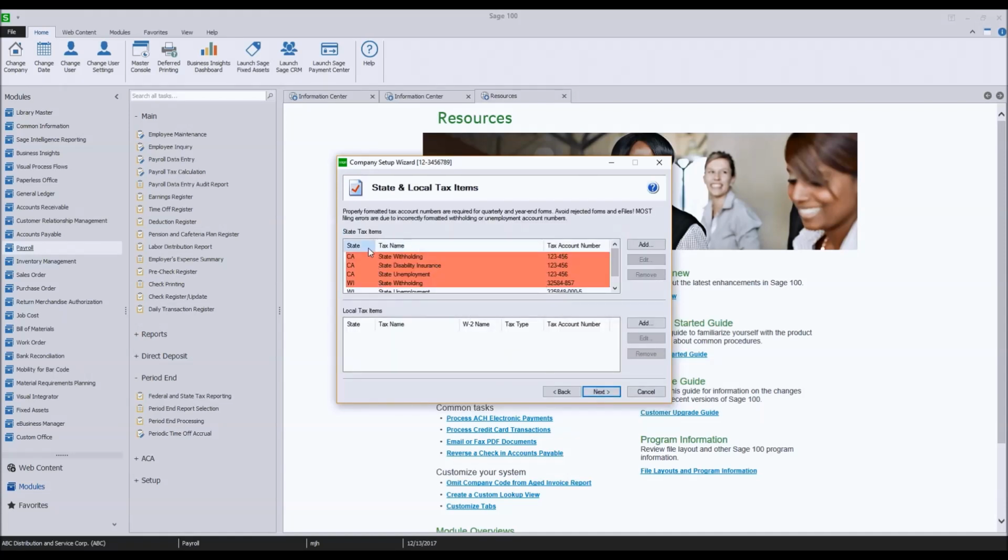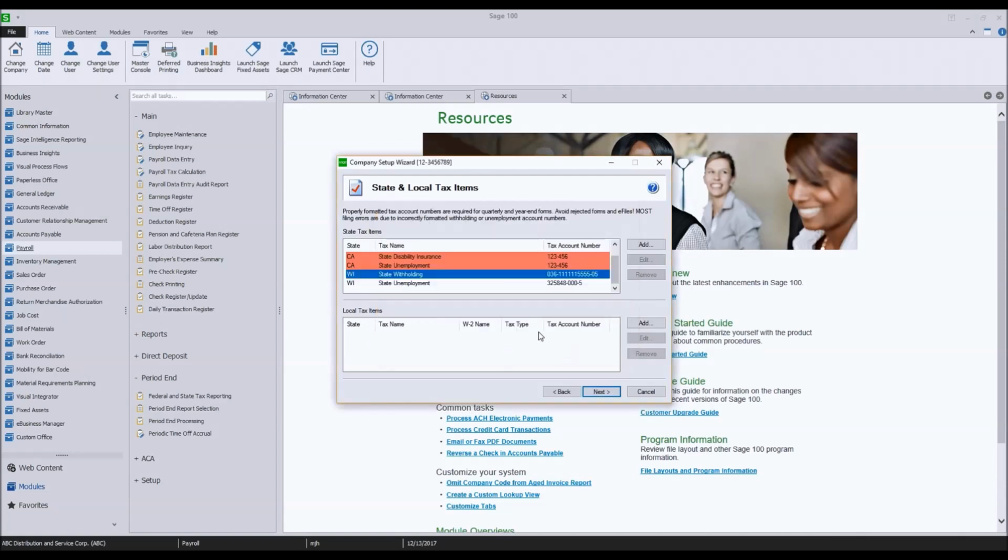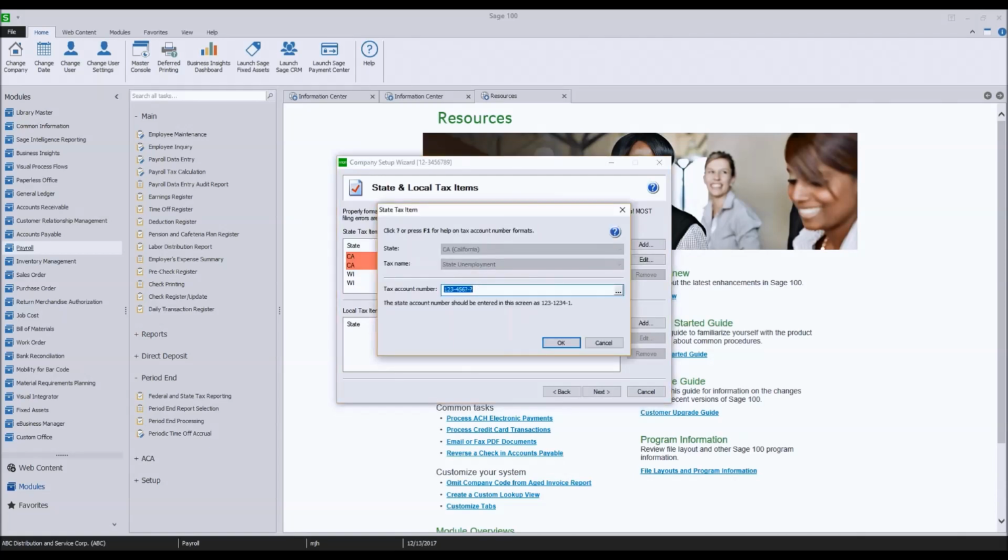It is going to prompt us for specific localities, depending on what types of tax withholdings we've got set up for our state and local jurisdictions. It wants to make sure that you've got proper numbers for this entity. I'm just going to buzz through here and get something set up so that it won't yell at me here.